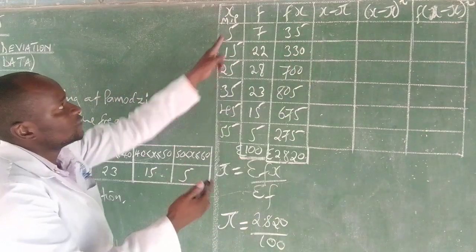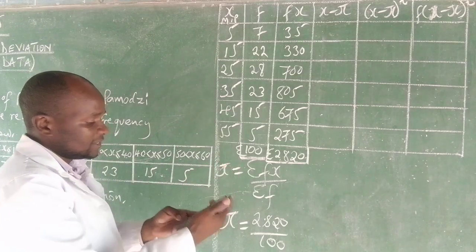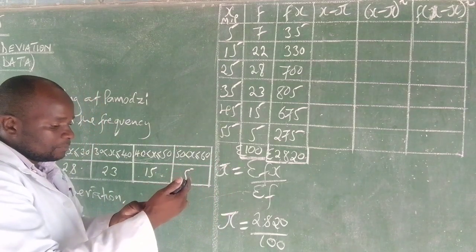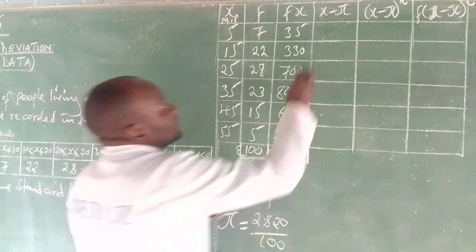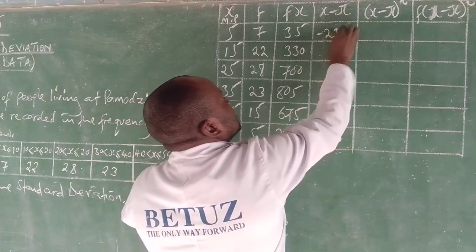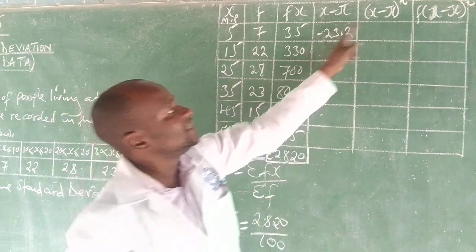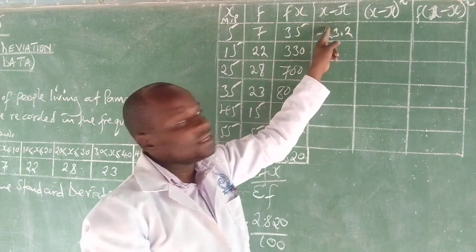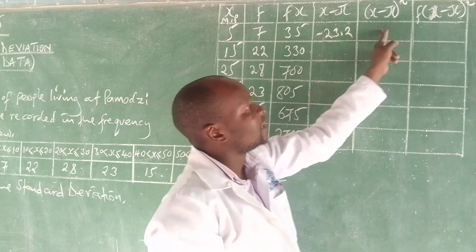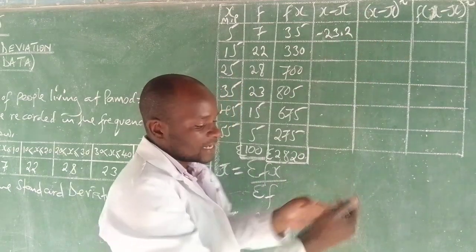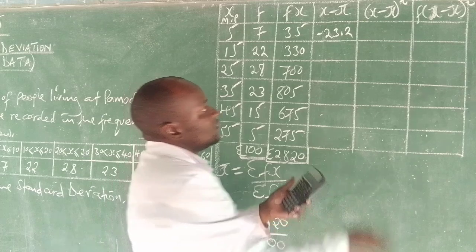The first one is 5. 5 minus 28.2, we are getting negative 23.2. Then we square it, the same number here. Squaring this will give us